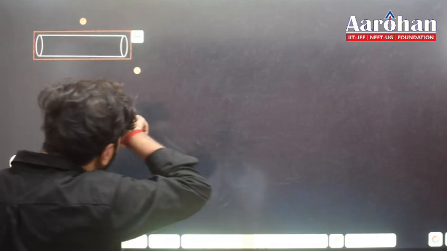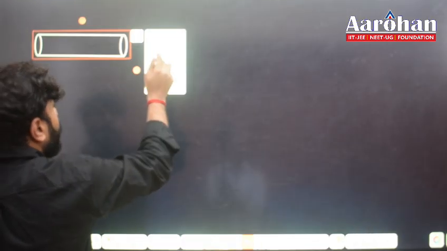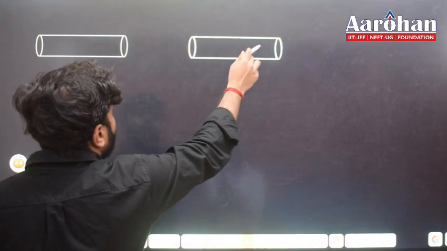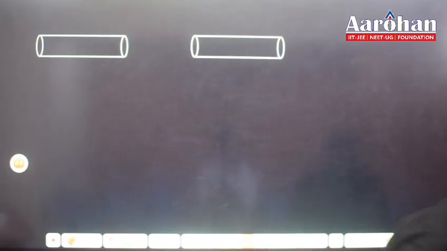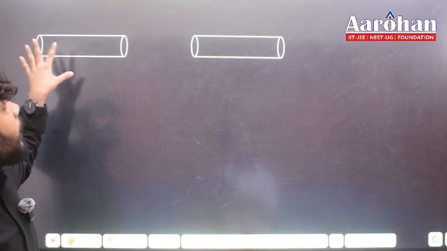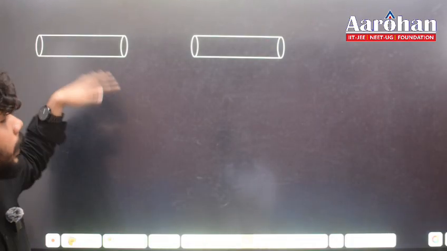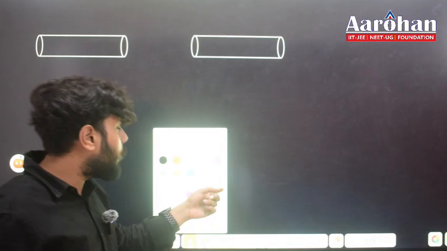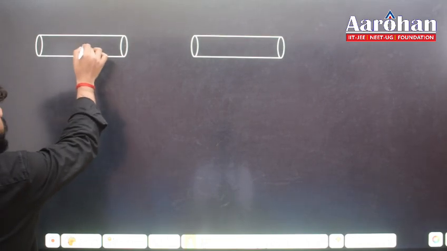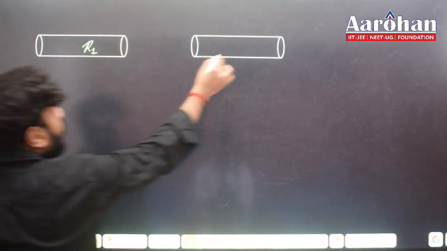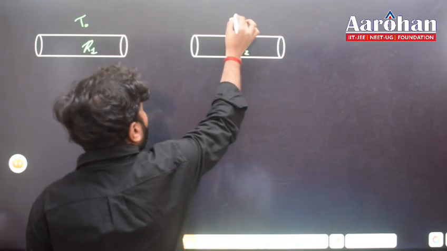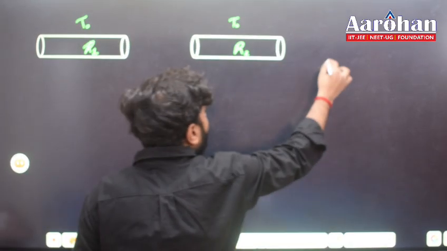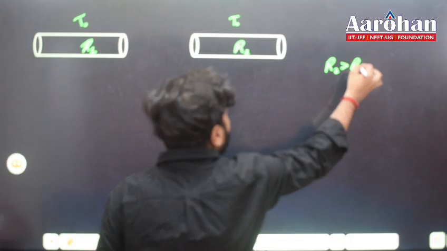we had some material or conductor, this and this. Now you can think of it like this, that they both have the same resistivity, or you can again think of it in a different way also. There is no point. Just what I'm trying to say is, imagine this is R1 and this is R2 and this is temperature T0. Both are set at the same temperature. The only difference I'm talking about, R2 is more than R1,